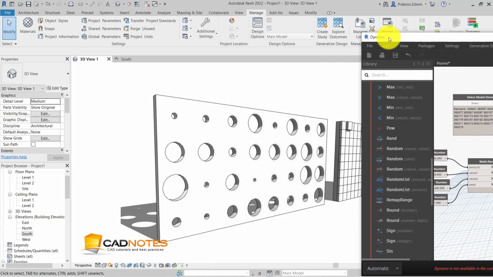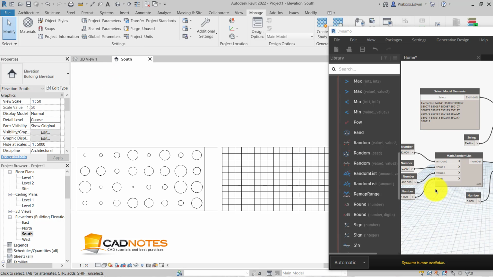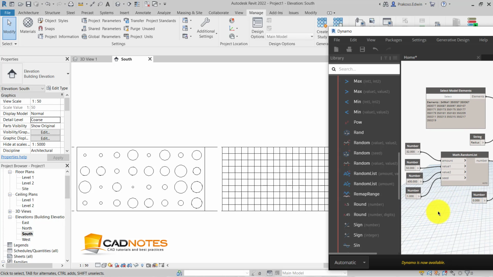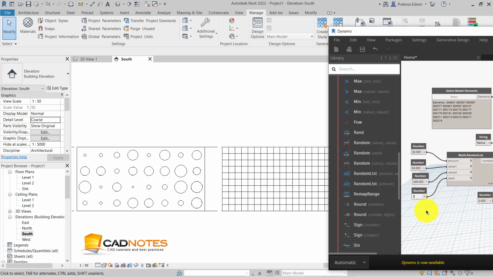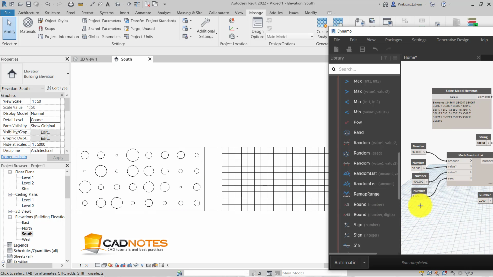Let's check it in this view. Okay, Dynamo is not available in the current context. So if you want to change the value again, you need to go back to South. Let's change the seed number to 2. You can see that it gives us a different pattern. 3, 4.